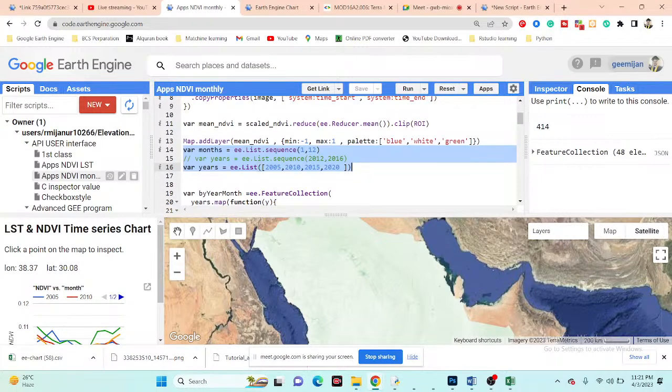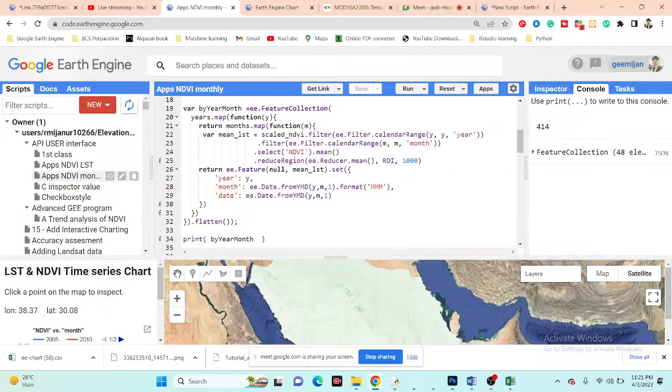Okay, after that I need to make a feature collection. This feature collection converts the 8-day images for my specific region into monthly. Okay, so this is the function. I simply copy and try to run. So I simply copy this,